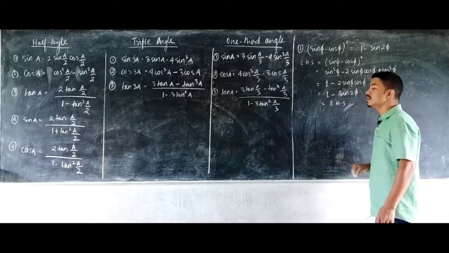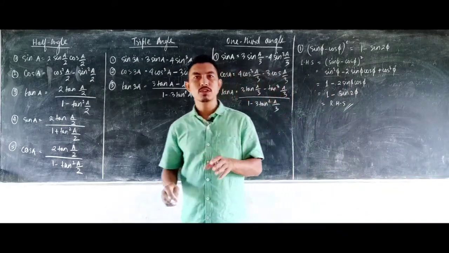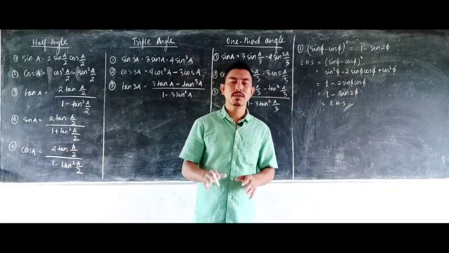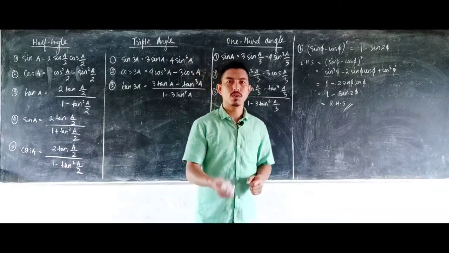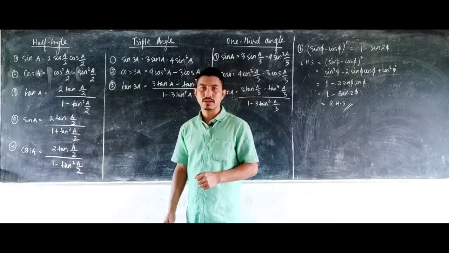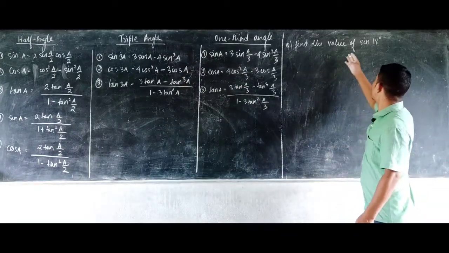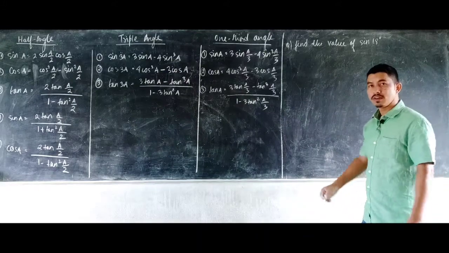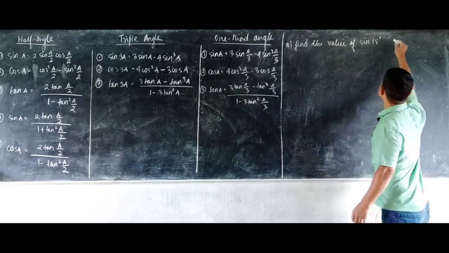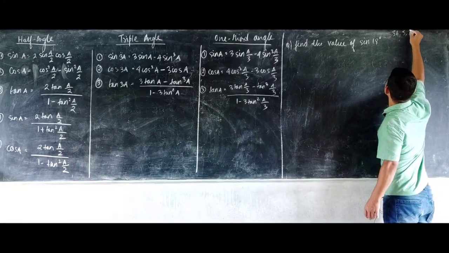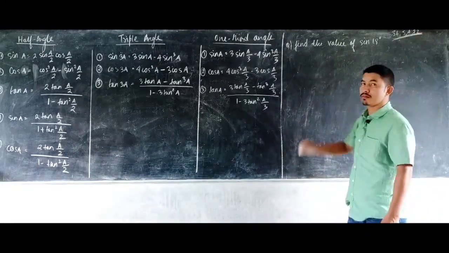Okay, so it is very simple. Again and again I am giving importance to this point: you must remember all the formulas of trigonometry in order to solve the questions related to this chapter. So here I have another question, which asks us to find the value of sin 18 degrees. Similarly, you can also find the values for 36, 54 and 72 degrees as well. You can go through your book also.